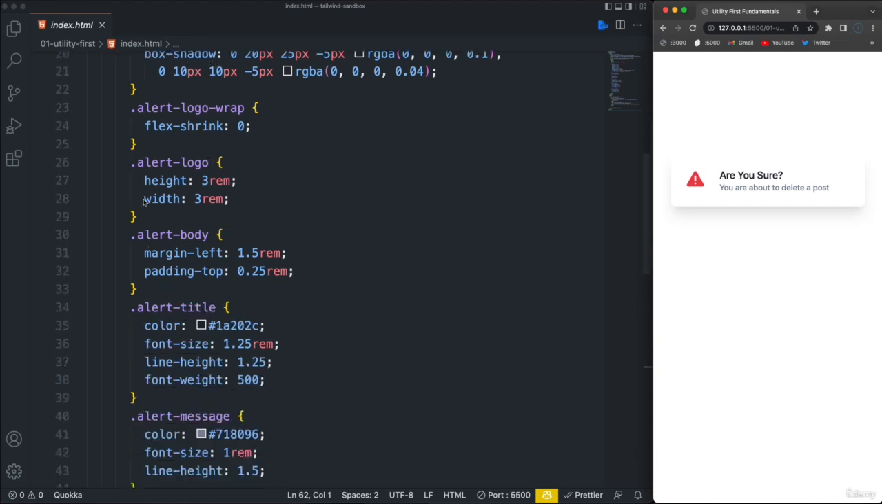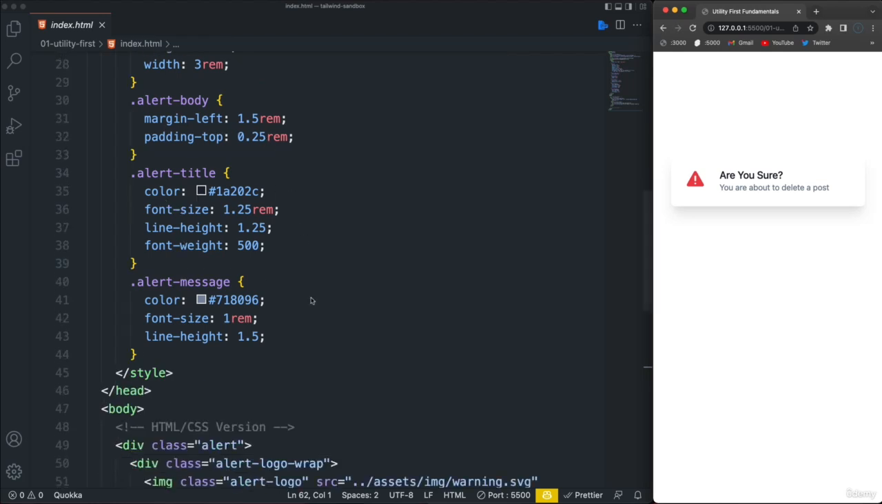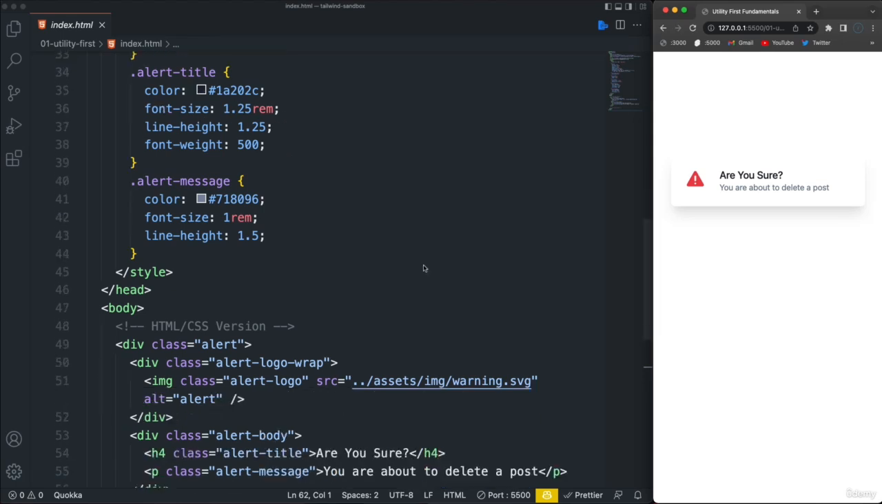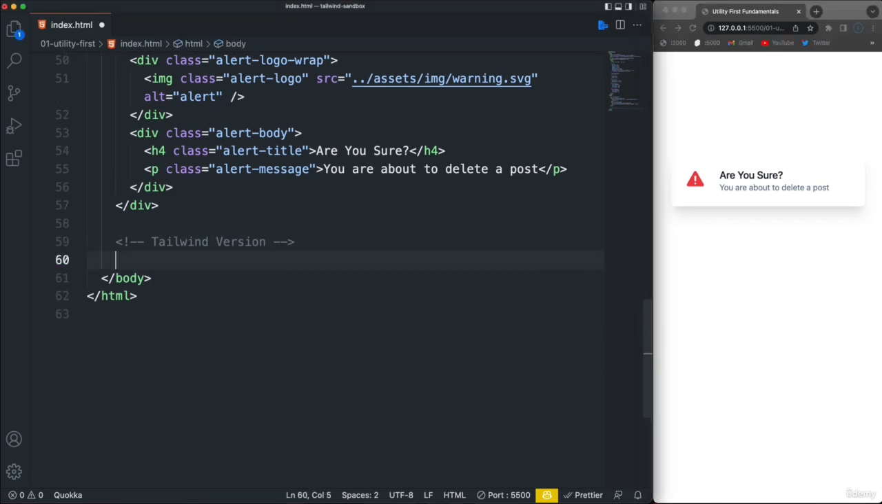And then we're sizing the logo's height and width. And then the body, we have some margin and padding. And then the title and message have some color and font size and all that. So let's go down here and let's create this exact same thing with Tailwind. And I don't expect you to know all of these classes that I'm using. I'm going to just briefly say what they do and what I'm doing,